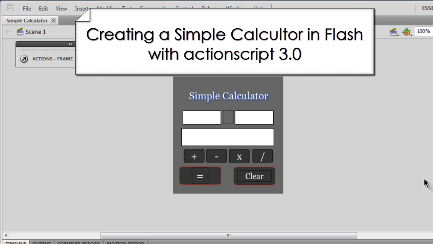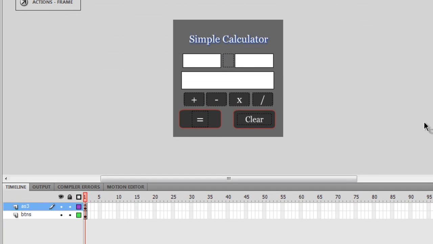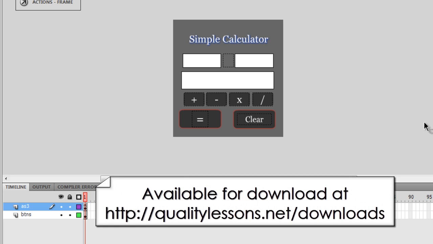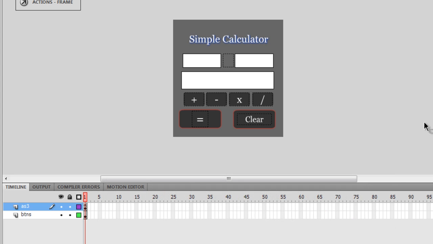Howdy champs, my name is Mohit and guys, today I'm going to show you how to make a simple calculator. Well, exactly, it's not all that simple, but it's definitely not a scientific calculator. Before I actually talk about the ActionScript and all the assets, I would like to show you a publish